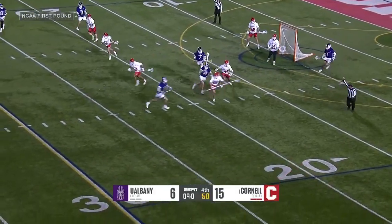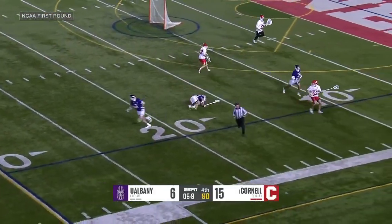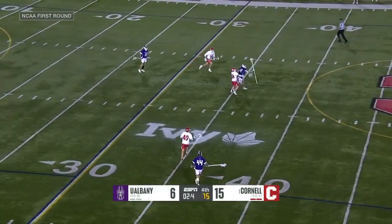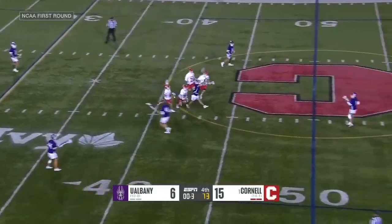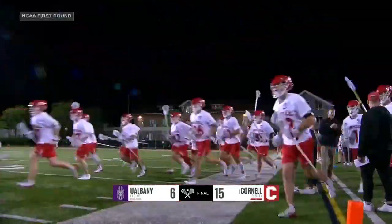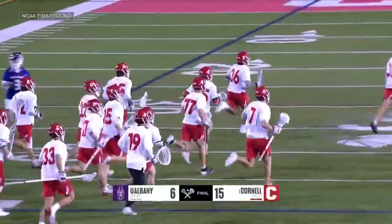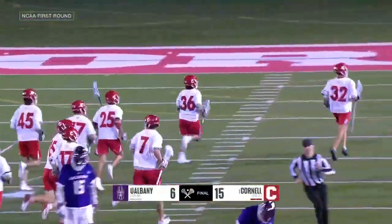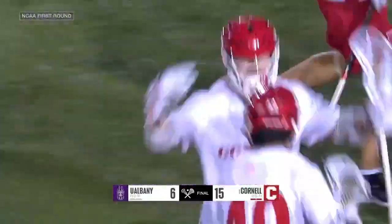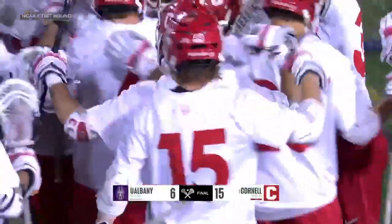Great save, and that's the backup as Wyatt Nust was pulled. Tully in cage for Cornell. Gets into the box score. And the Big Red, an uncomfortable first half, ends up being a 9-goal win. And Cornell is headed to the quarterfinals for the first time since 2022. Now, this is a